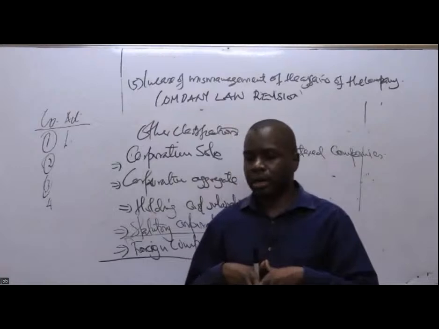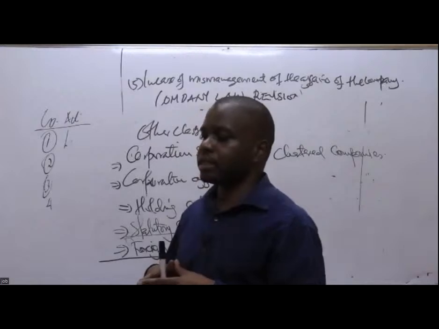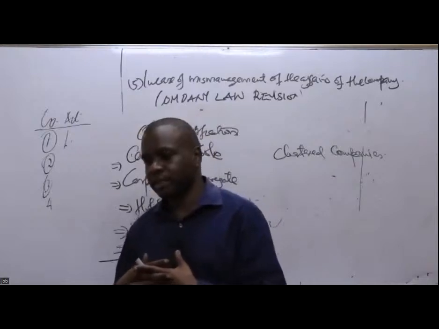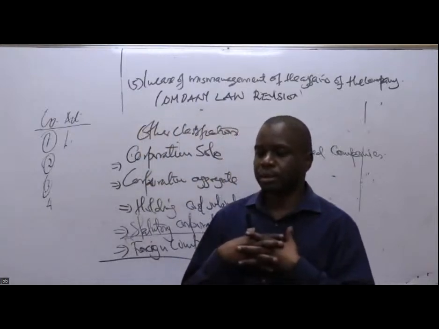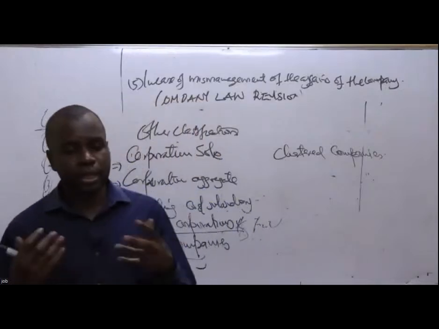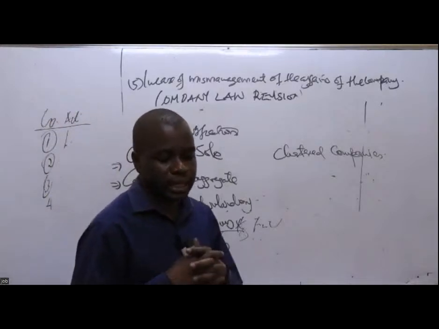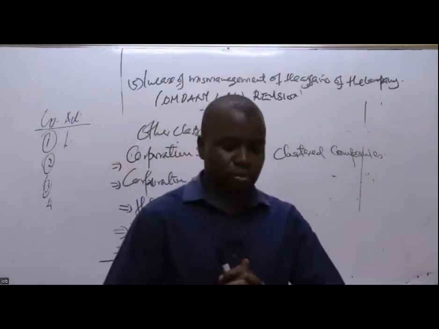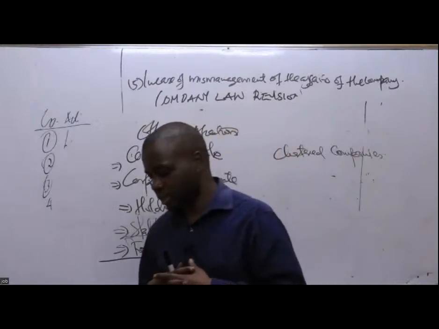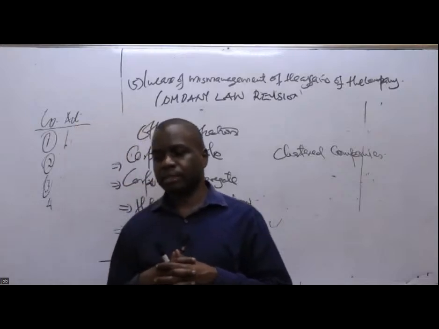It is simply a company or corporation that is formed through an issue of a charter. What is a charter? It is simply an authority given to a body to provide a particular service. The person who can give out the charter is an authorized person under the law. For example, in Kenya, it is the president who can issue a charter. Examples of the chartered companies we are giving are private universities. So that is what we learned about in terms of the types of companies.